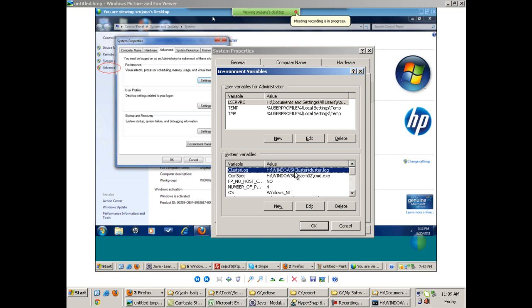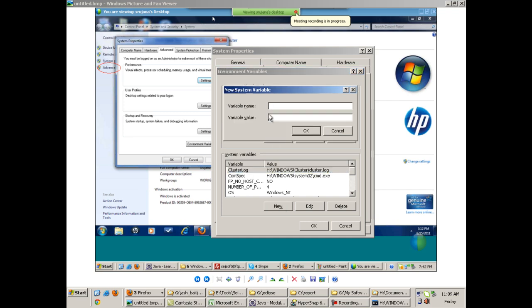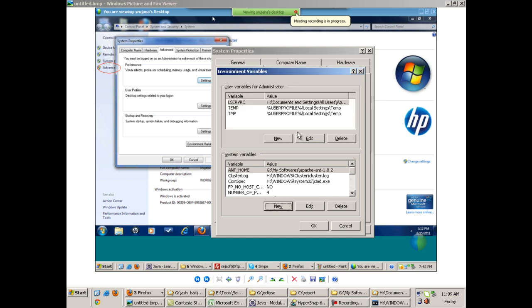We are going to make a new environment variable here by clicking on this New button and name the variable ANT_HOME, in caps, and give the path of Ant. You don't have to install Ant in your system, you have to configure Ant in your system. Give the path of Ant over here. This is the new variable which I just made. Now scroll down and there will be a variable called Path.